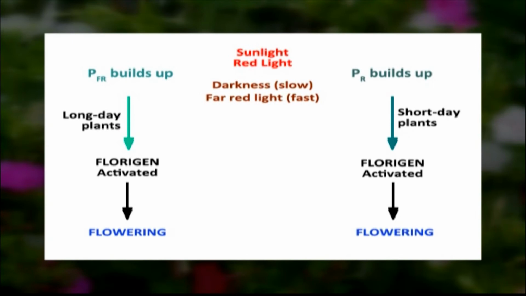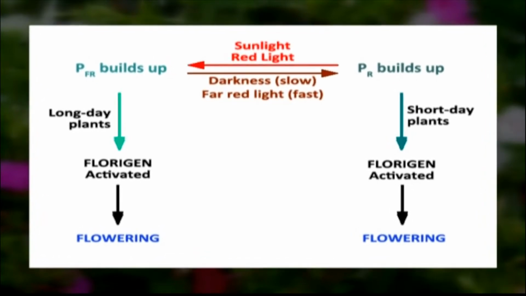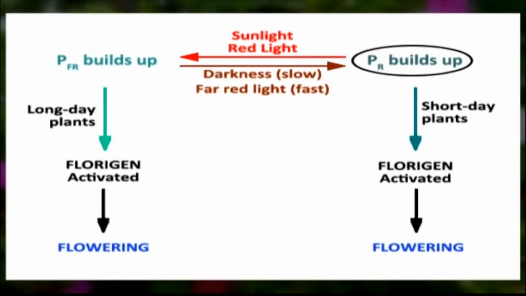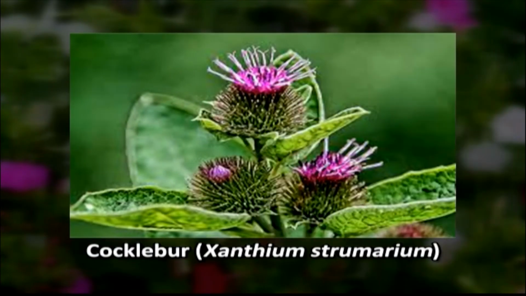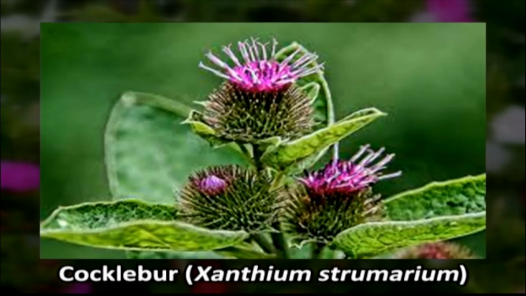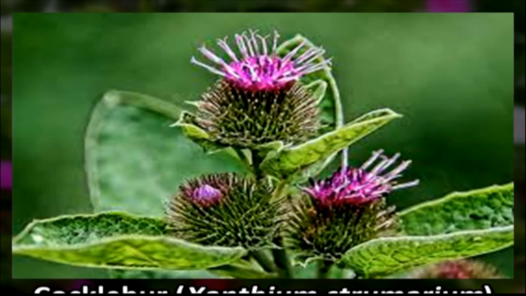However, during the night, the PFR form of the phytochrome converts back to the PR. You must know, during the day, PR converts to PFR. And PR is a form which is needed for the release of the flowering signal, that means florigen, as it is commonly called. For instance, let me tell you, the cucumber needs 8.5 hours of darkness for conversion of all its PFR present at sunset into PR and carry out the subsequent reactions, leading ultimately to the release of the flowering signal or